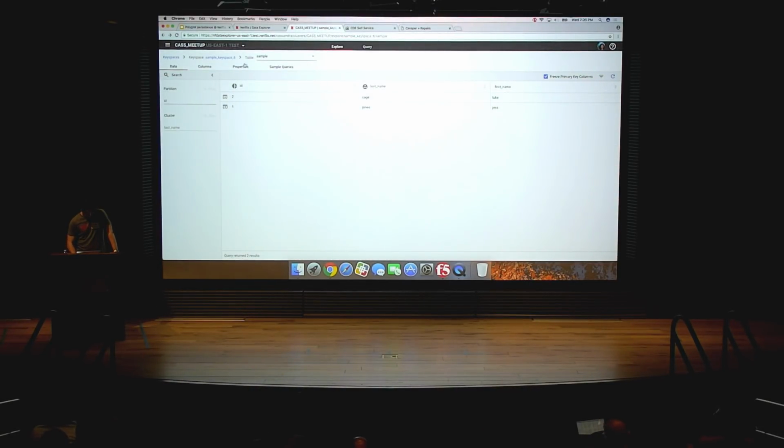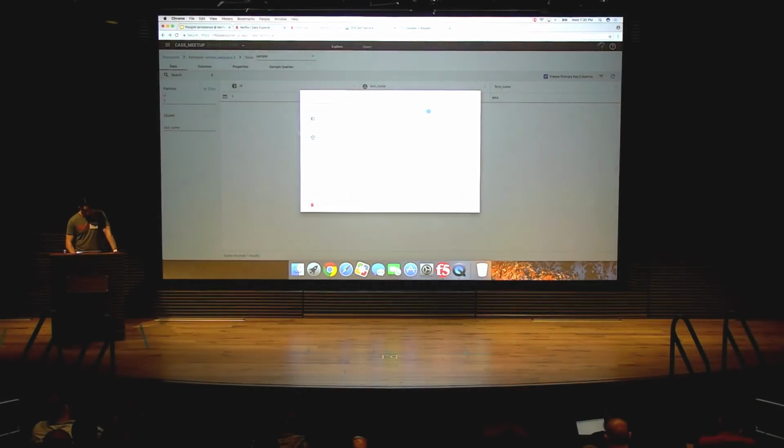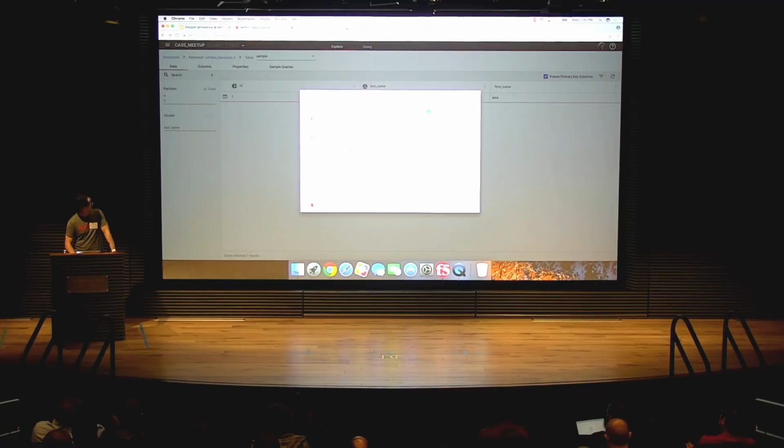So here we've got a sample key space. So I've gone ahead and inserted some data. And typically this is the view that people will be seeing when they're browsing. So for instance, I might go and search by a partition key, and now you've got a details pane, so you can bring up the user here.